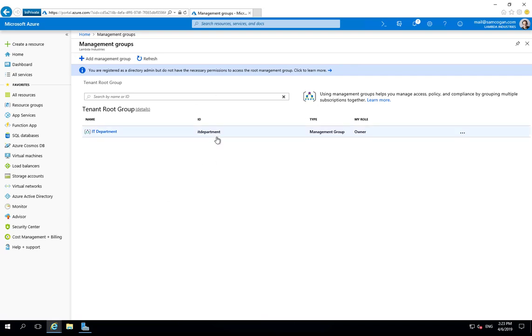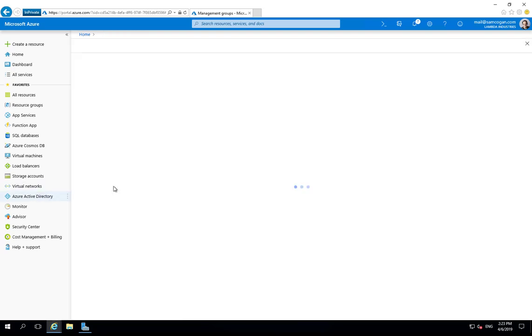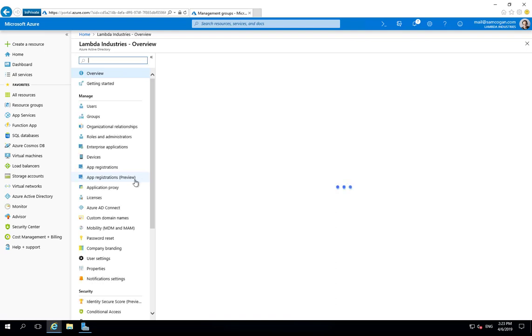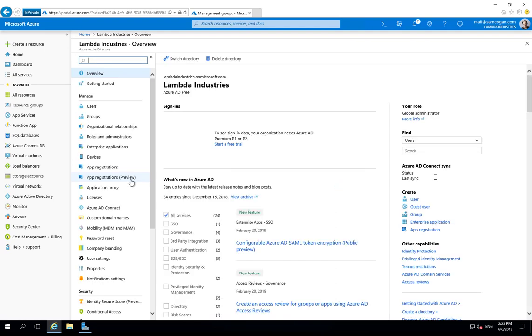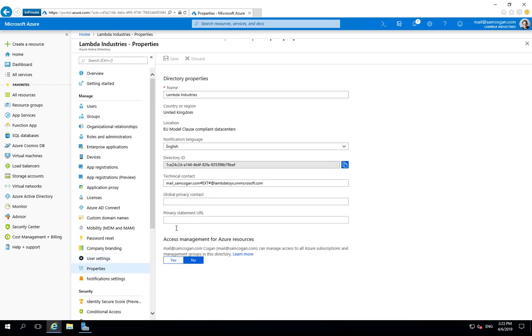So the way we do that is we go into Azure Active Directory, and we go to Properties, and you can see that you've got this box down here for access management for Azure resources. This is off at the moment. I need to turn that on to be able to manage the root management group. The general advice for this is you turn it on when you need it and then you turn it off again,